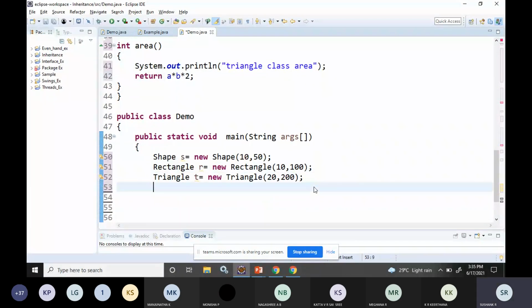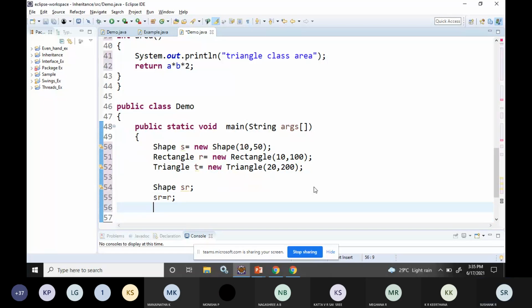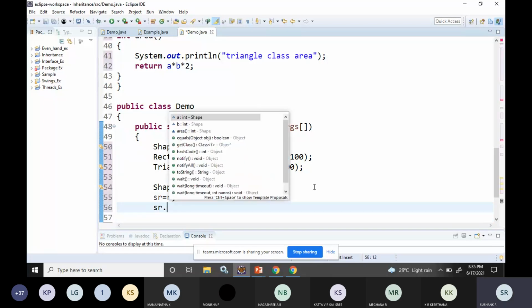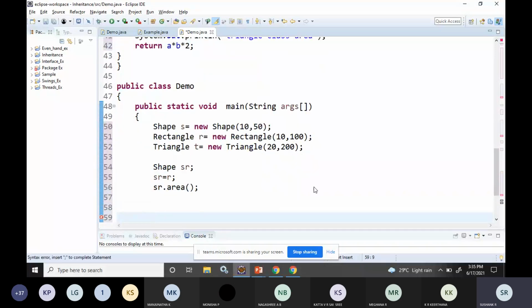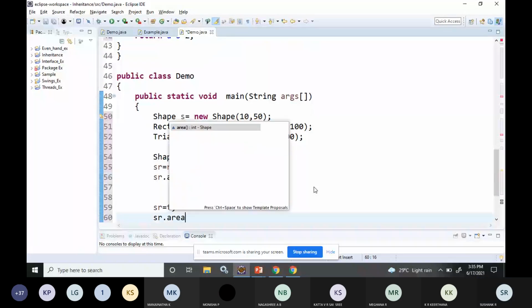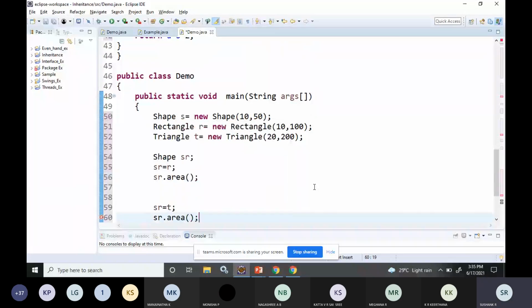After this I'll create a reference variable and call it SR. First I'll assign SR to the rectangle object and call SR.area. Again, I'll assign this reference variable to the triangle and call SR.area. So let me check.